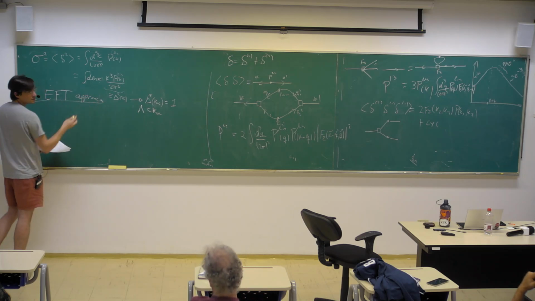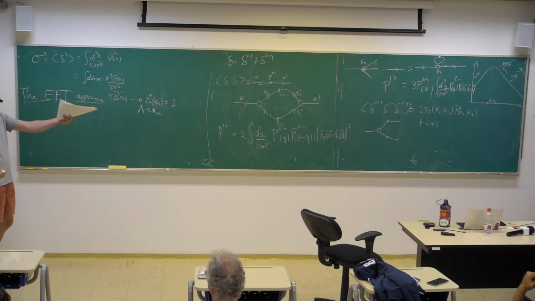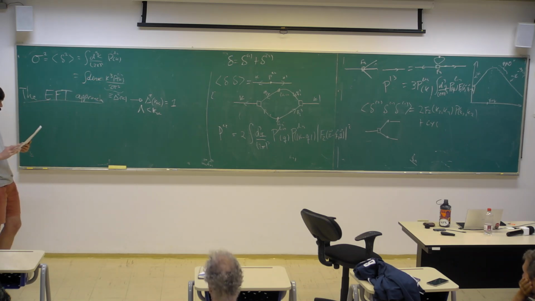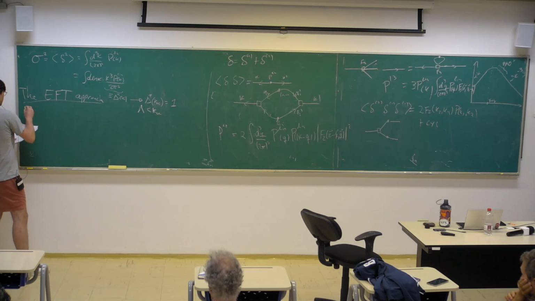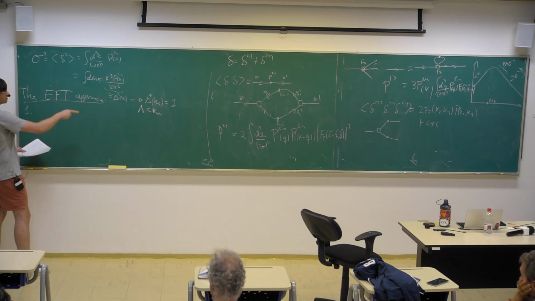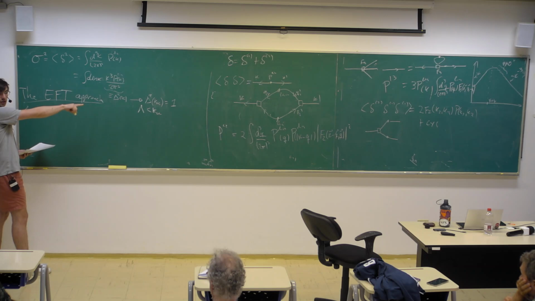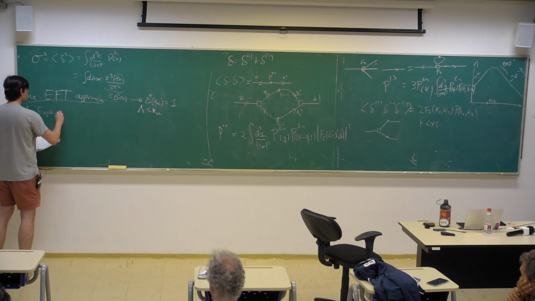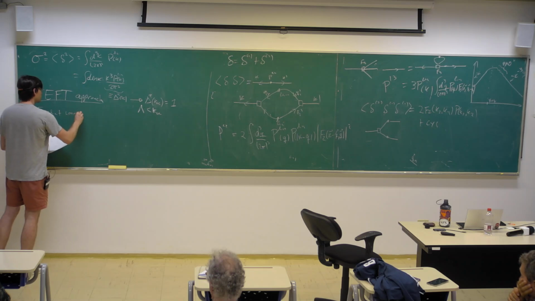But the truth is that the EFT approach, the reason you have to do all this is because it makes no sense to motivate this without an understanding of why you have built that, right? So there's two formulations. One is we're going to explicitly introduce the scale into the problem, lambda. We're going to coarse grain the equations of motion. We're going to apply some filter and study the filtered equations of motion. So this is some explicit coarse graining procedure.